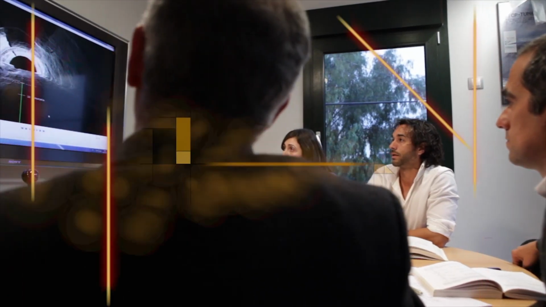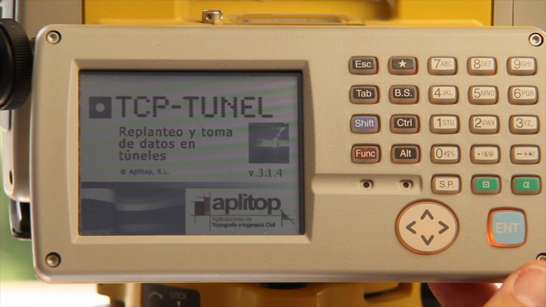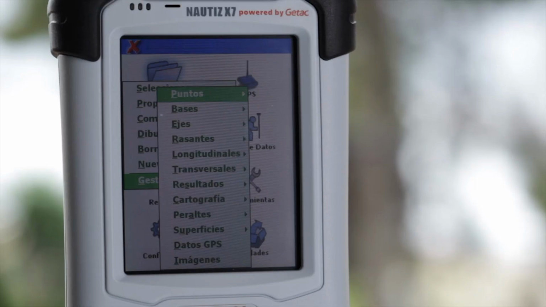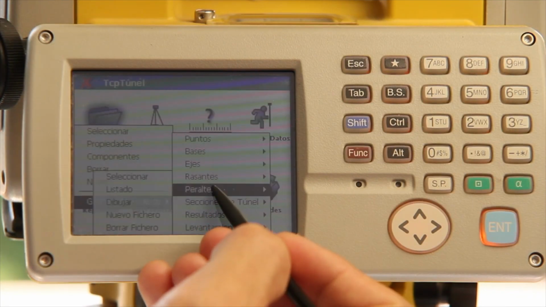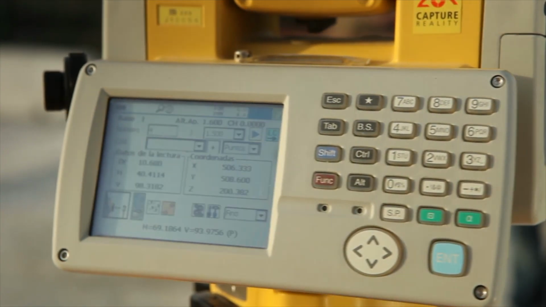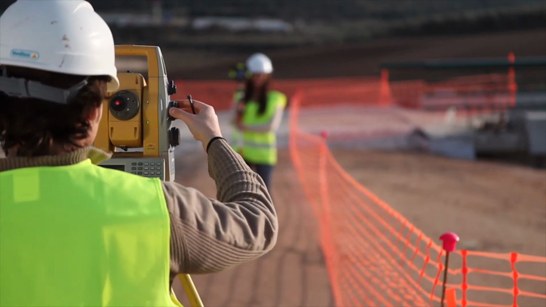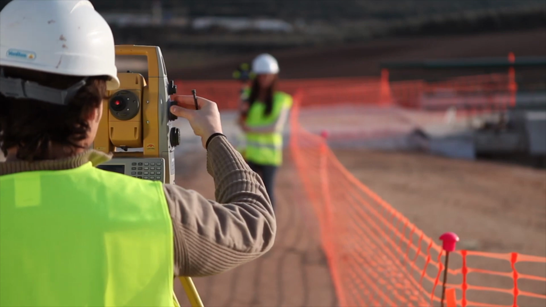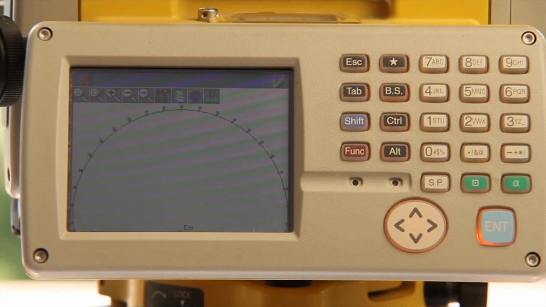TcpTunnel was designed and developed by Aplitop, a company which specializes in topography and civil engineering solutions. The surveying and setting out module can be installed on the total station or on a data collector device. Each project is defined through the tunnel's horizontal and vertical alignments, superelevations, and cross-sections. From there, the program takes full control over the total station, including the compensator, the laser pointer, measurement mode, and battery status. Profiles can be taken manually and automatically, and the program allows theoretical sections and measurements to be visualized